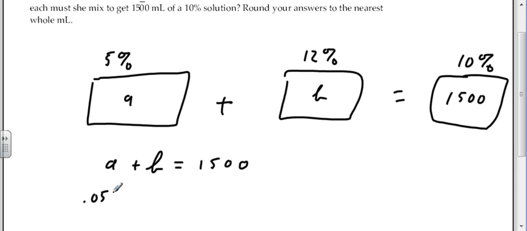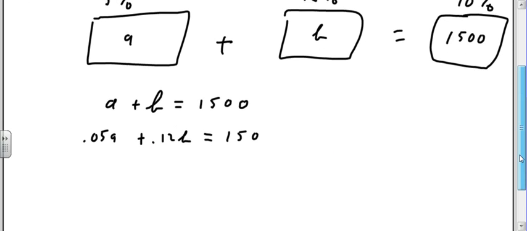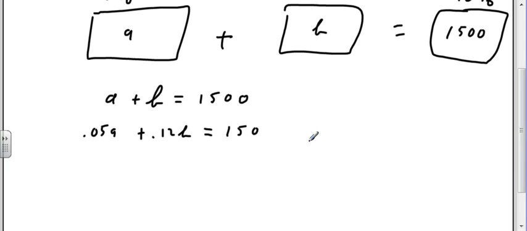And 0.05A plus 0.12B has to equal 150. Okay, so those are my two equations that I'm dealing with. Well, heck, I'll just put them in my calculator the way they are. You know, why do anything else? System of equations, 2 by 2. I have a 1. I got a plus 1 is equal to 1,500. And then I've got a 0.05. And then I've got a plus 0.12. And it's equal to 150. And I go solve. And I say that x is equal to 3,000 over 7, and y is equal to